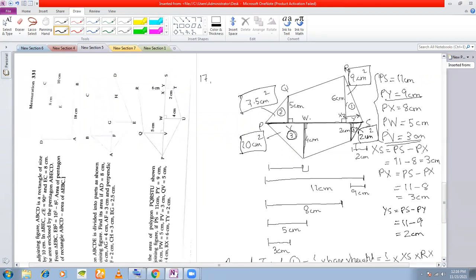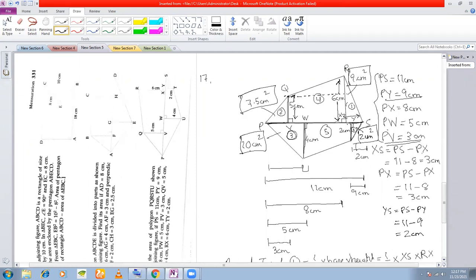Now the question is the area of the 2 trapeziums. Let us call them 4 and 5. Area of trapezium 4. First of all, for the area of a trapezium, what do you require? You require the length of the parallel sides, right? If you see, this 5 centimeter here and this 6 centimeter here are the parallel sides. So you know the length of the parallel sides. And what about the height? This is the height of the trapezium, right? And the height is equal to VX.